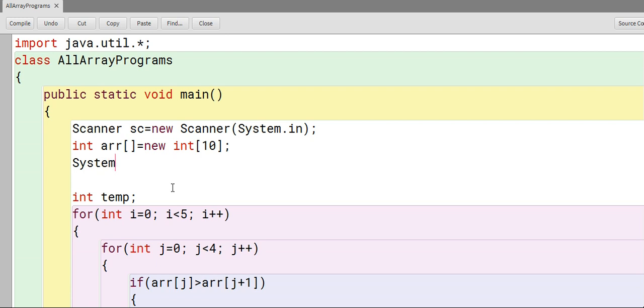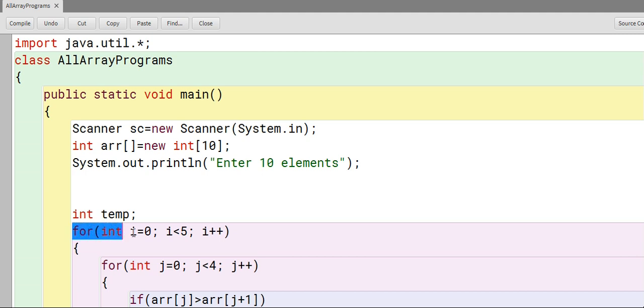So we'll write System.out.println, "Enter 10 elements", and then we'll get them entered by the user by using the for loop.